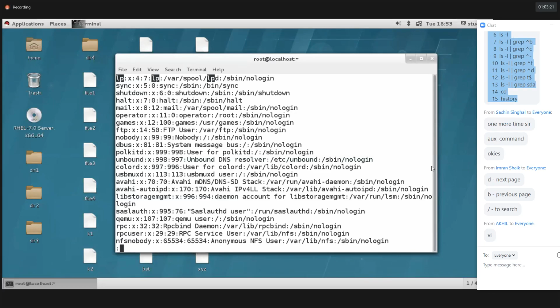Now, can we switch from the less command to the VI editor? Yes, we can. So which option should we use?